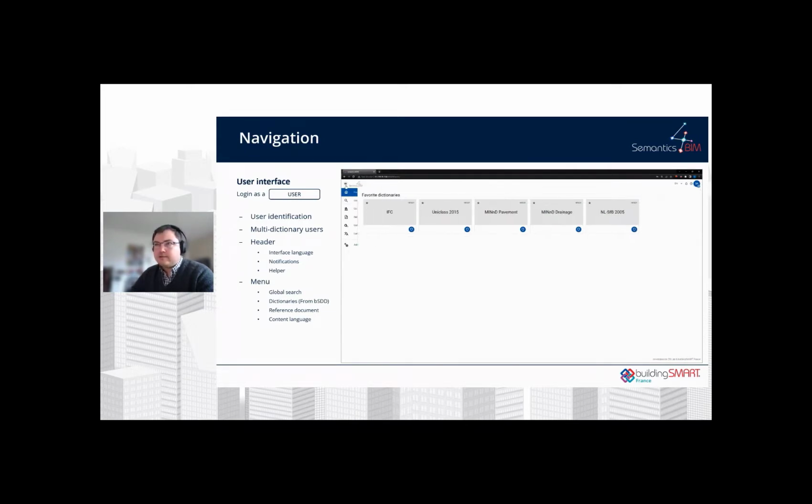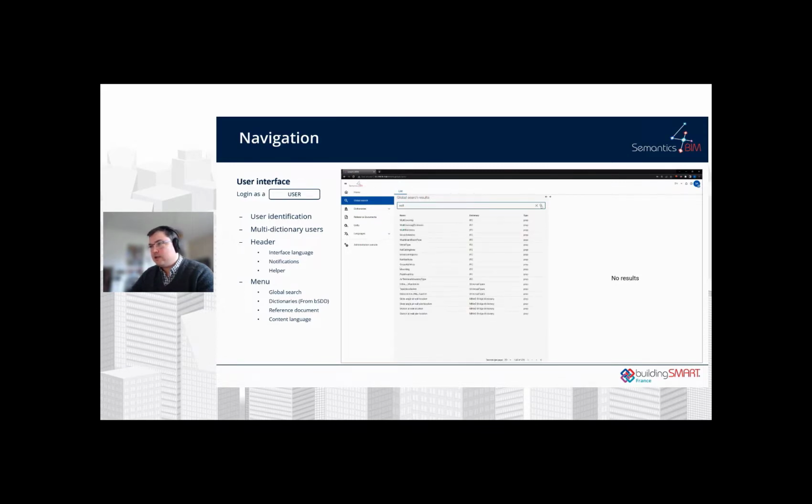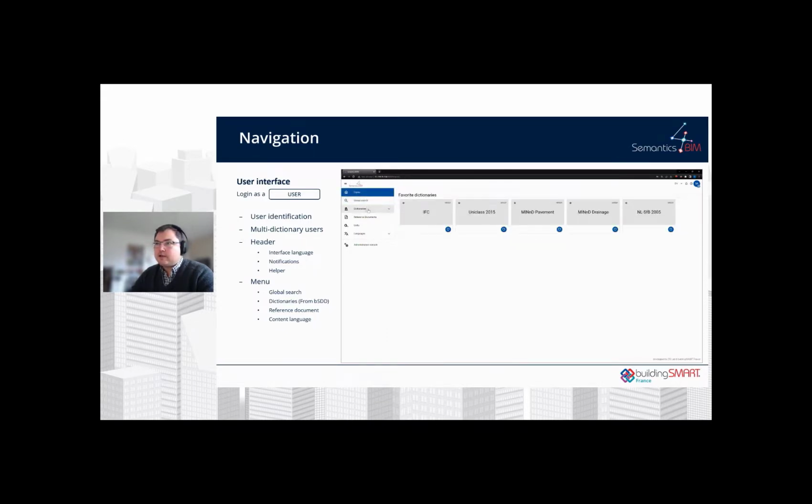On the left, you have a menu with a global search to make a search in all of the dictionaries hosted in BSDD. This is an example with the term wall. You have also access to all of the dictionaries hosted in BSDD.